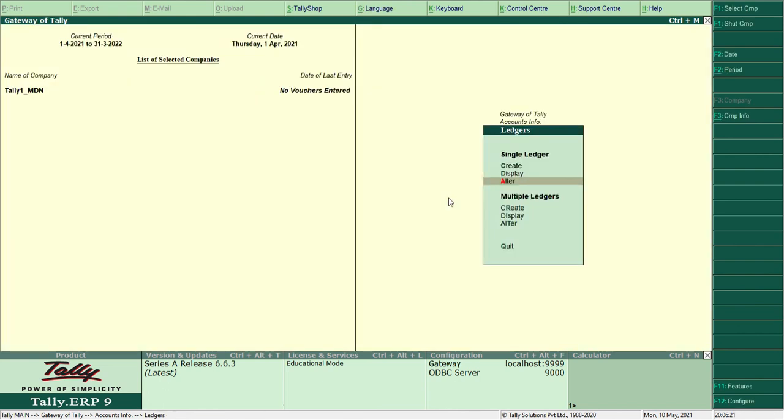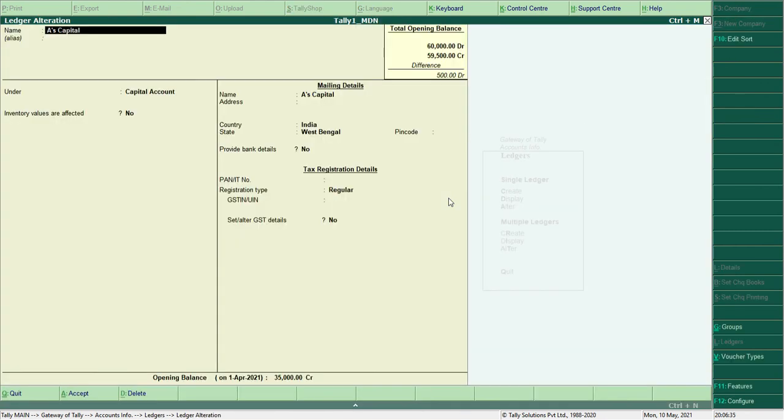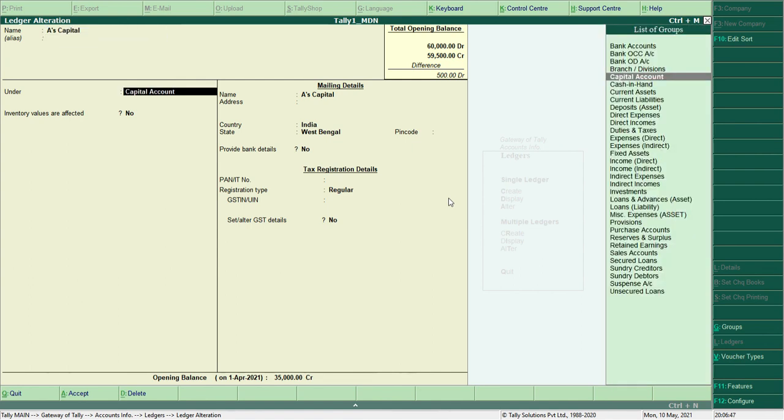But be careful, every time you make a mistake, you should not assume that it is correct. Don't do that, because you have to see whether you have posted all the ledgers properly under proper heads or not. That has to be seen. Like this one, capital account. Yes, it is correct. I told you the ledger name is not very important compared with the group listing, because that is very important. If I write my name MDN, I can put it in the capital account. The ledger name is only made relevant so that we can understand what head it should come under. Under part, that is the list of groups where you are putting it, this is very important.